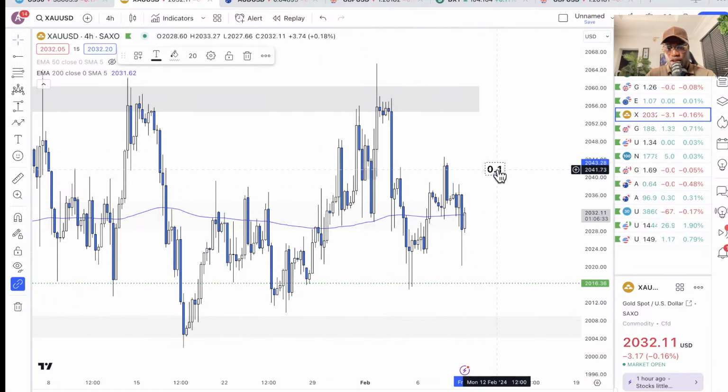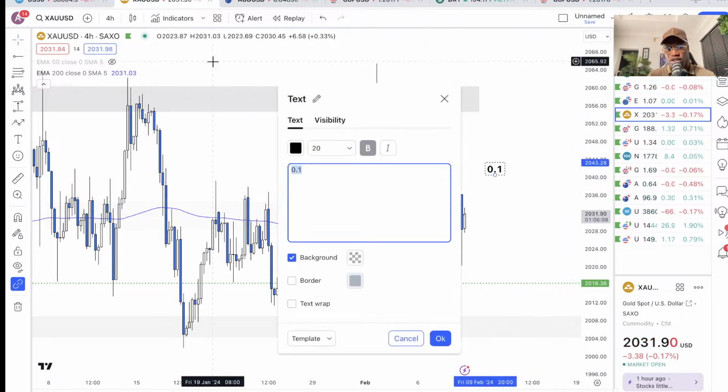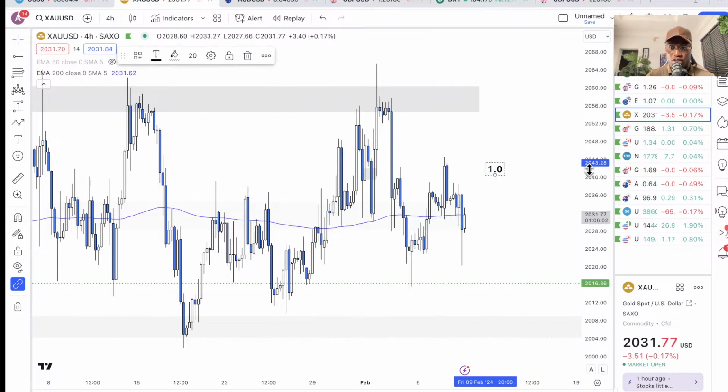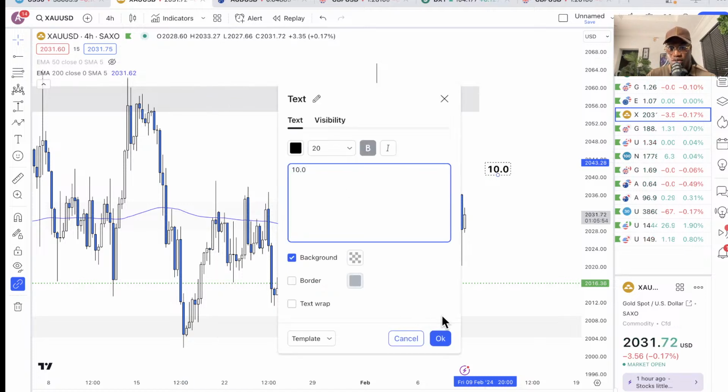So for gold, the formula for calculating 1 pip on gold is 0.1. So for example, if you look here, we have 2043.28. If gold moves 1 pip, you would have 2043.38. You just add this to the price, you get the move if it goes higher. If it goes lower, you want to know how many pips it went lower, you just subtract. The formula remains the same. For 10 pips, you'll be having 1.0. And that's what you want to add to this, right? 1.0. 10 pips move would be 2044.28. 100 pips would be 10.0.